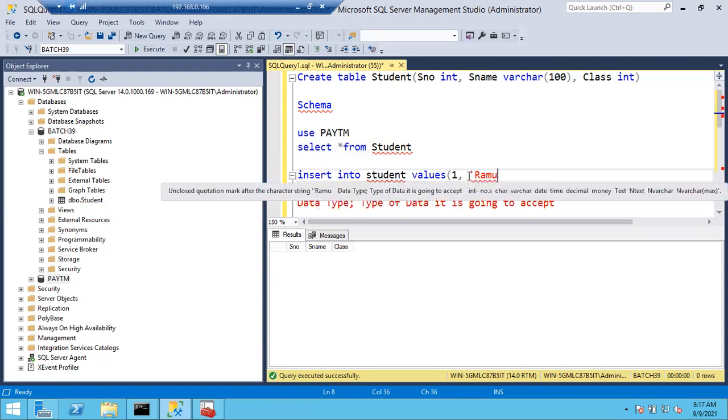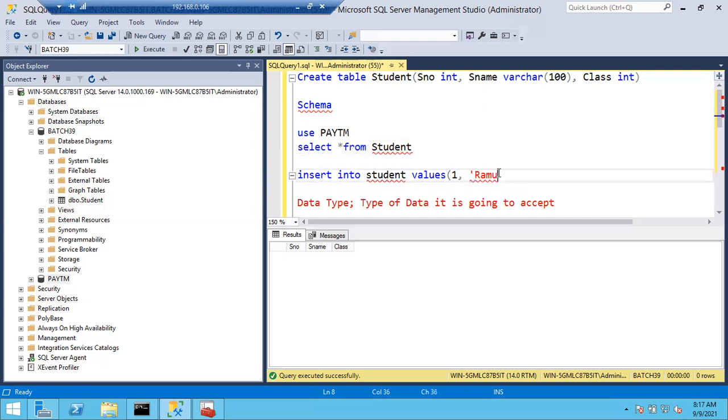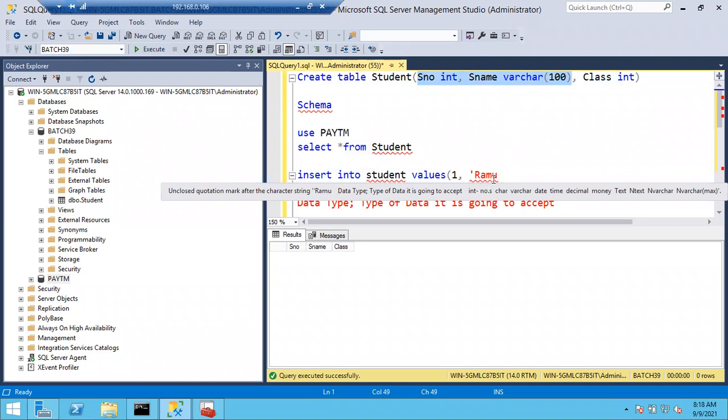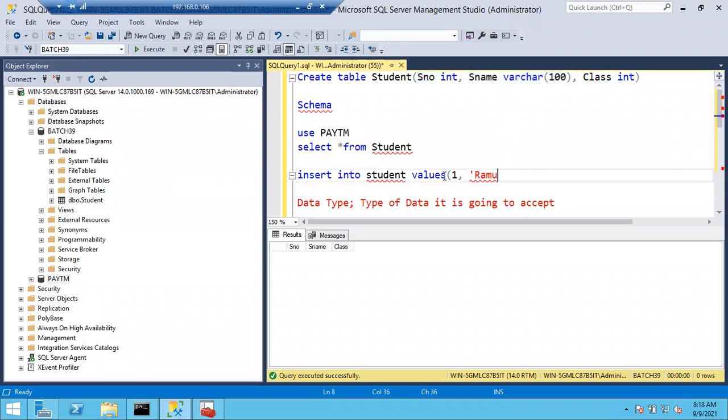While giving a character type of data, give this single quote. Don't forget. Why? Because, for example, yes, I have a doubt. Now you can give the student column there, right? In there, a red line is there, an error, right? Yeah, you are correct. I have to complete this query first. I haven't completed it. It is under process. Once we have completed, if you still see an error, then that is an error. Why? Because I just opened these braces but haven't closed them, and it is expecting 3 columns here. I gave only 2 columns. So I have to give the 3 columns, then close it. Then this error will go.